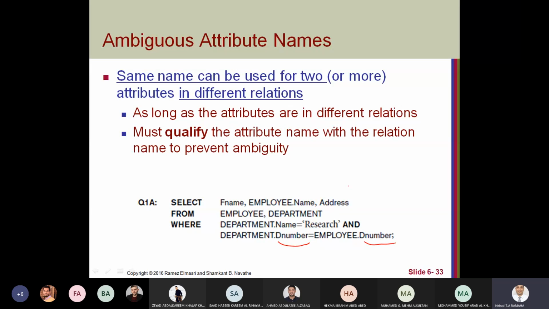If we have two attributes or more with the same name in different relations, of course, in different relations, you cannot have two attributes with the same name in the same relation. Each attribute should be uniquely identified by name. But you could have the same attribute name in different relations or different tables. When you see relations, this means tables.